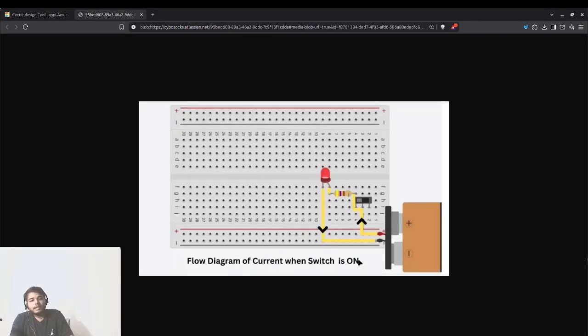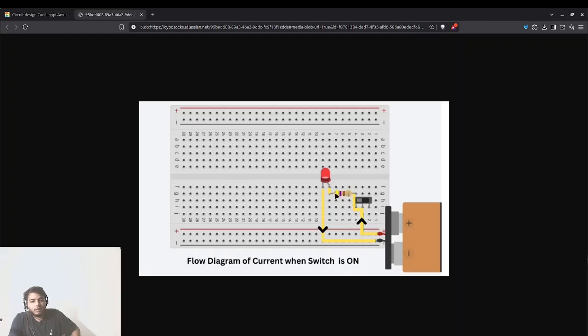This is how electricity flows in our circuit diagram. It goes from positive to this switch. When we slide the switch to the left pin, the circuit will be connected, because the middle pin is connected to the left pin. After that it goes through the resistor, and the current will be limited so our LED will be protected.